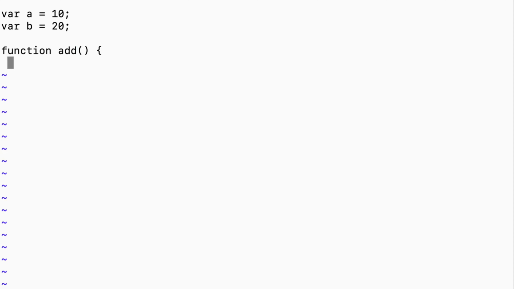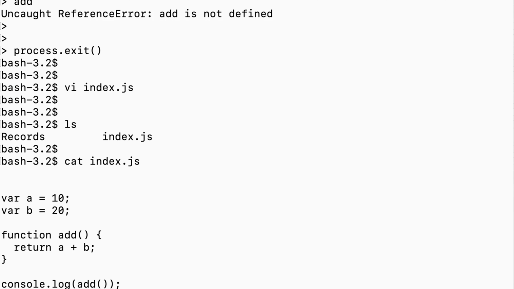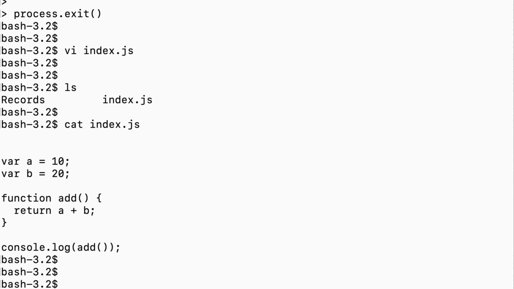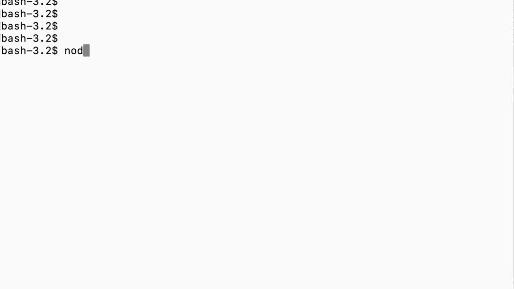So I'm not defining any parameters, which actually takes A and B, which are already defined in the above. Now I'm going to console log add function. Let's close the file. Now we have the file index.js, and let's see what are the contents of the file with the cat command. So if you want to execute this file, all you need to do is node and that file. So it actually executes the whole content of that file, and it will give you the output, which is 30